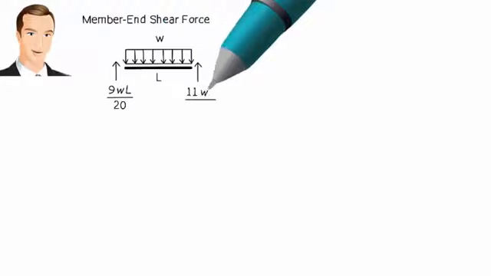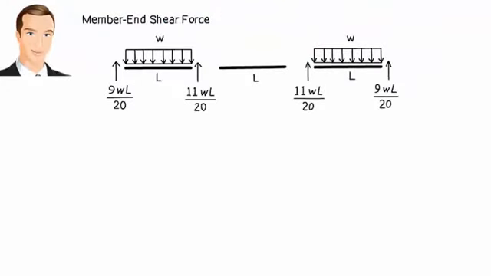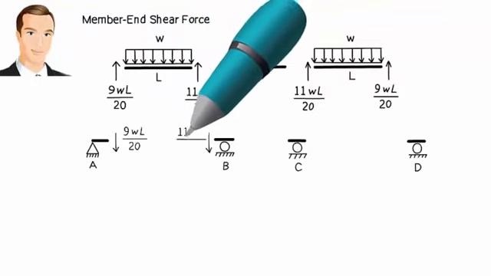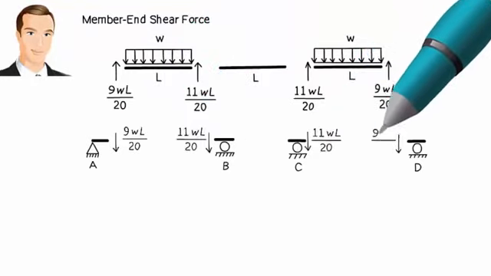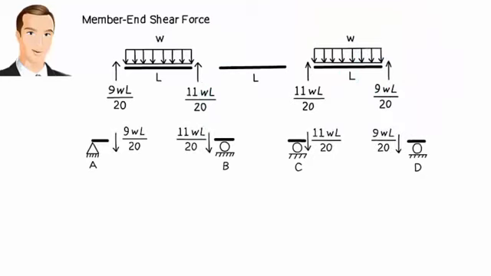Here is the free body diagram of the three segments showing the member end shear forces. Obviously, these forces also act at the joints, so we can write, therefore, the support reactions are